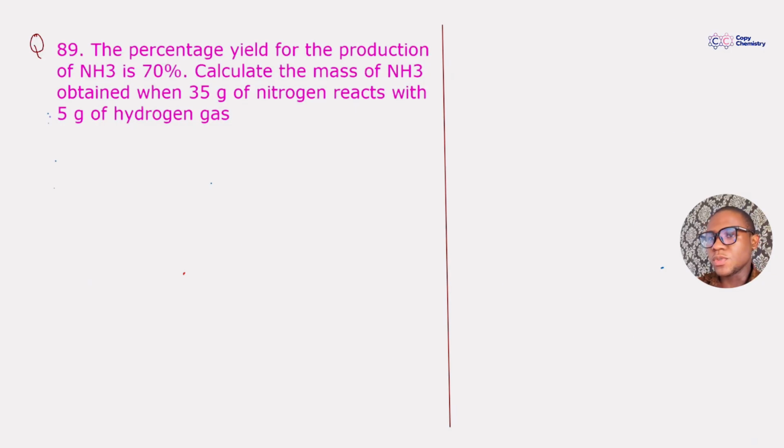So now this is what we're going to do. First off, we are going to figure out what the theoretical yield is, and then we'll figure out what the actual yield will be. If you look at it, what we have here is a percentage yield, that's 70%, and we want to know the mass of ammonia produced. Not the mass of ammonia that should be produced, but the mass of ammonia that was produced. So that means we're calculating the actual yield, knowing fully well that it was 70% that was produced. Okay, so theoretical yield